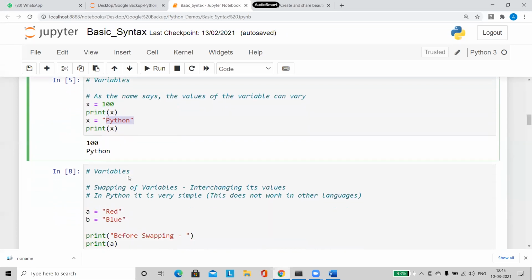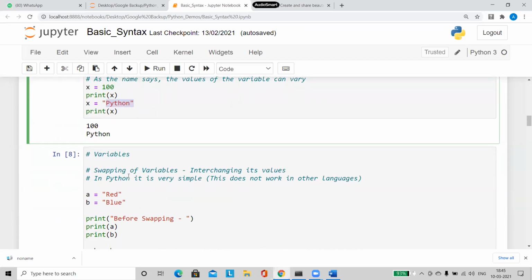Right. So now, one very, very important thing we will be doing with variables is swapping. In all other programming languages, whenever we start with programs, one very common program, even in your college you might have done it, is swapping of two numbers. So what do you mean by swap? Interchanging. The word swapping means interchanging the values. Suppose I'm having A is equal to red, B is equal to blue. Now I want the B variable to store the value red, and I want the A variable to store the value blue. So I want to interchange the values.